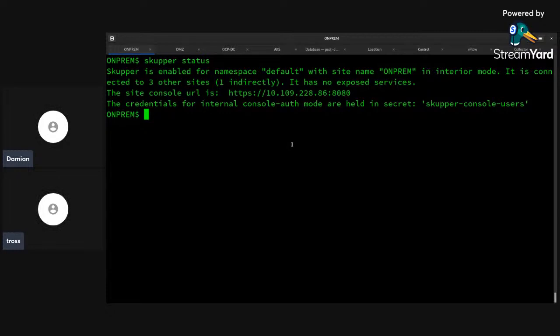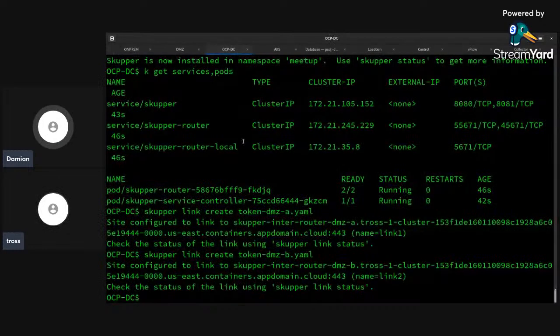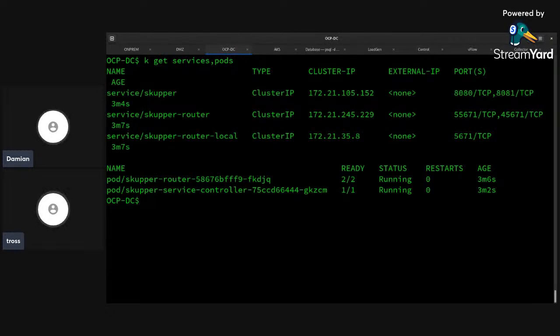So the network is set up, everything but the AKS that I'll do in a minute. So I want to show that being done later. So just to review, I've got services and pods here, the router, the regular stuff. And I'm going to, the first thing